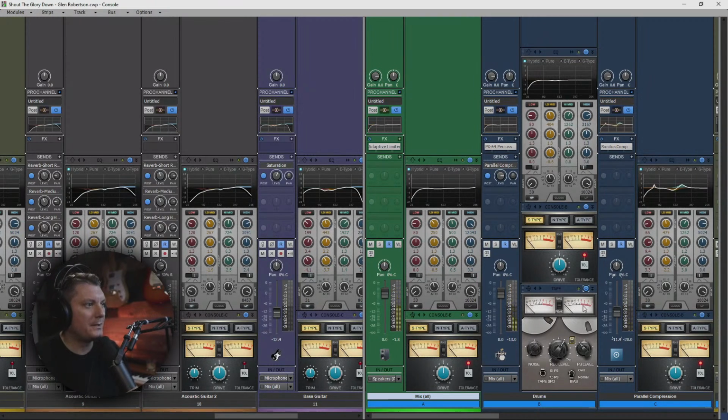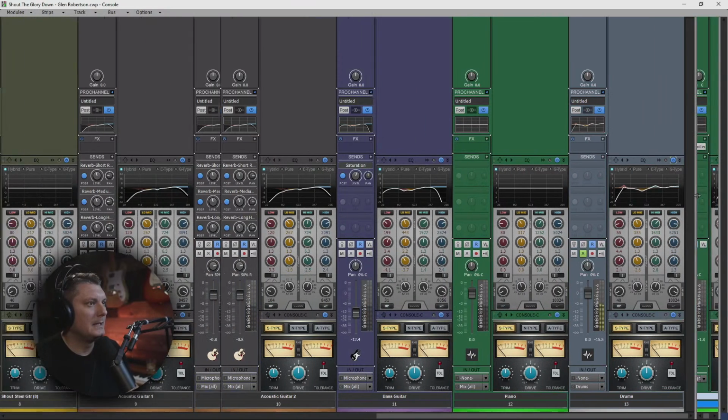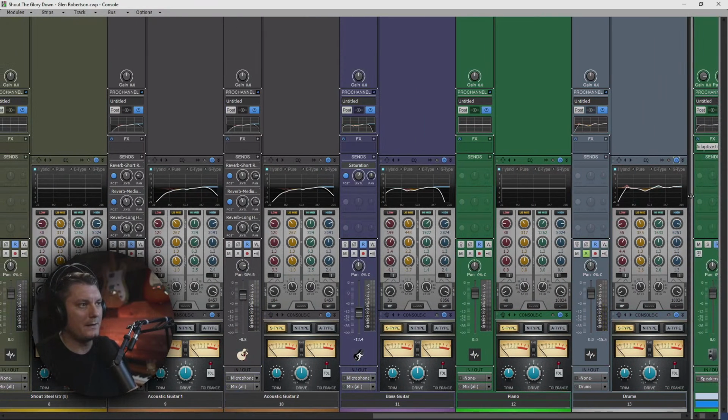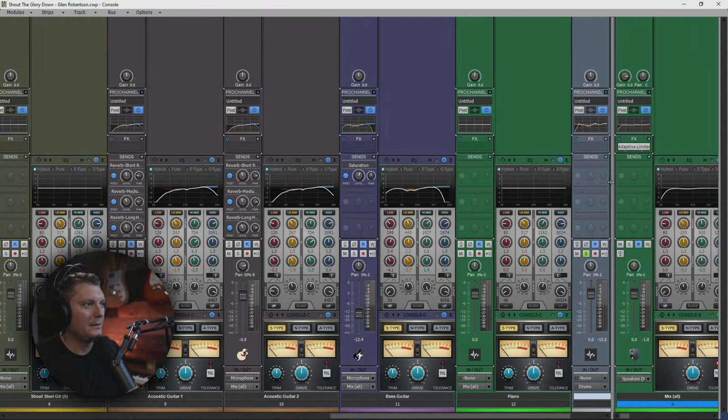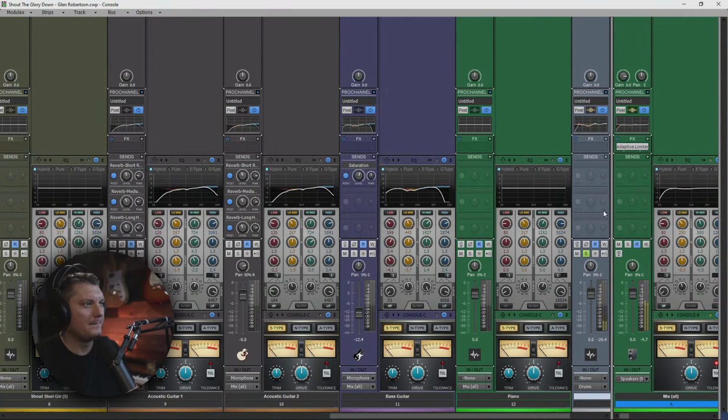Okay, after adding the tape saturation, I am going to turn down that parallel compression just a bit because it's starting to get a little too beefy. And yes, that is possible. So now that I've got the drums sort of dialed into the way that I like them to sound, and of course all this is subject to change, I'm going to see where that's hitting on the fader after I turn the limiter off. Okay. So around -15. So when I add in the bass guitar, which is what we're going to work on next,